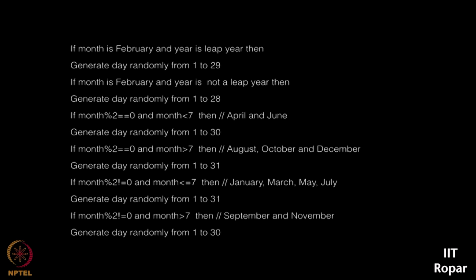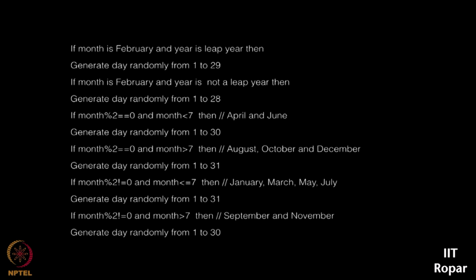Please note the fact that we are not checking the condition for February here, since we have checked it in the first place, so we don't need to check it again. We'll start with February, because February is an exception here. We have either 28 days or 29 days in February. After that we are done with February, then we can take into account the months that comprise of either 30 days or 31 days.